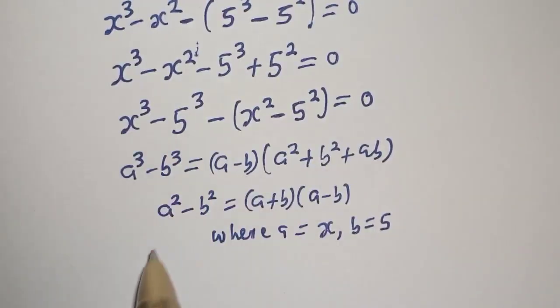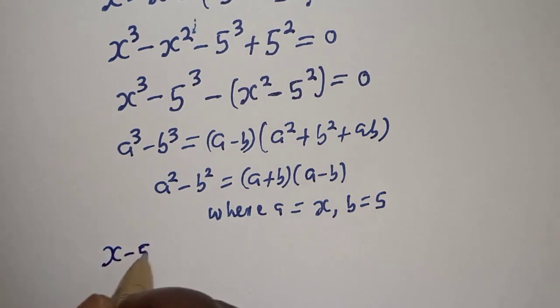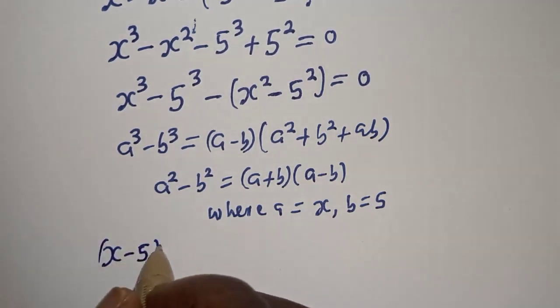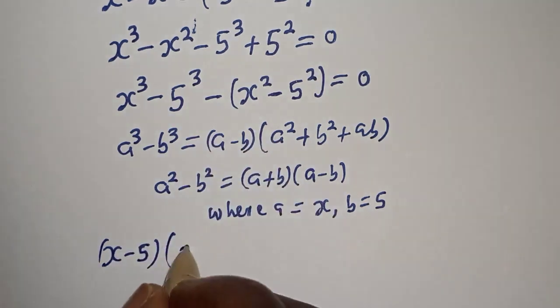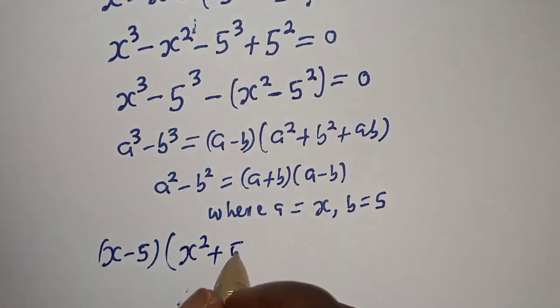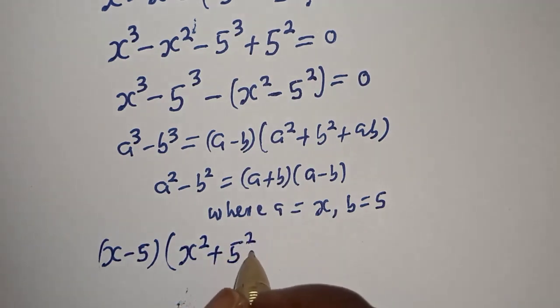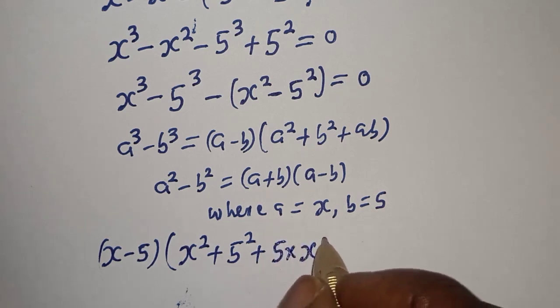Now, to compare this, we have s minus 5, bracket a squared, that is s squared, plus b squared, that is 5 squared, plus ab, that is 5 multiplied by s,